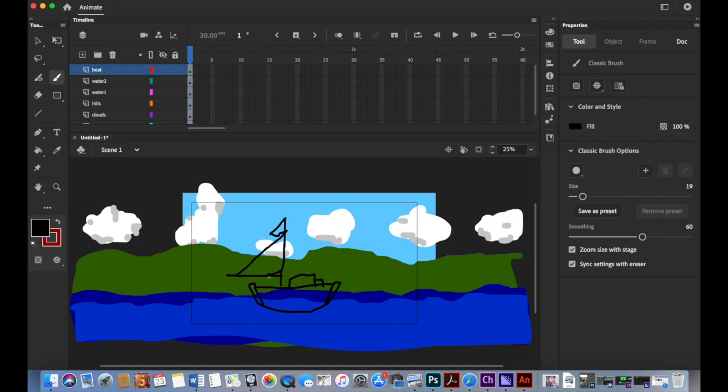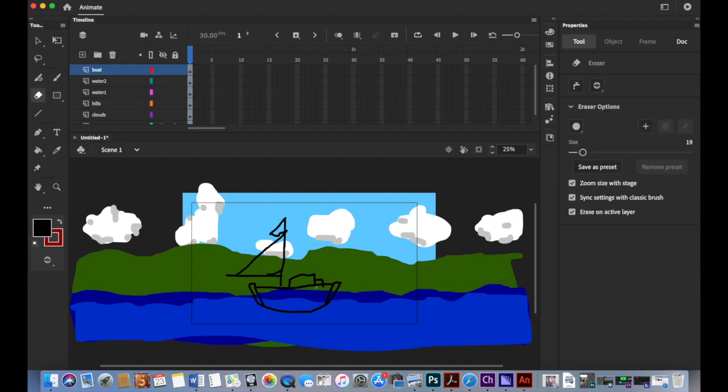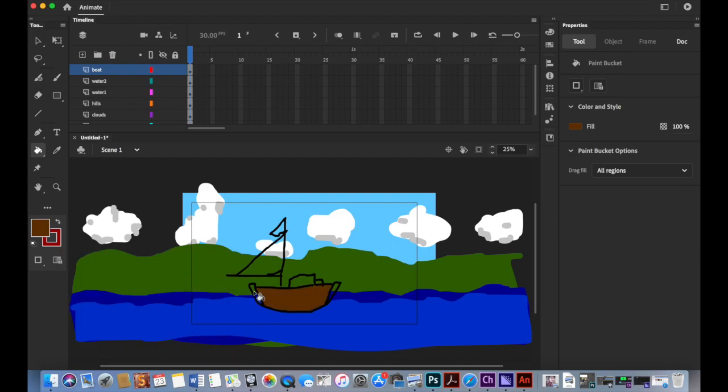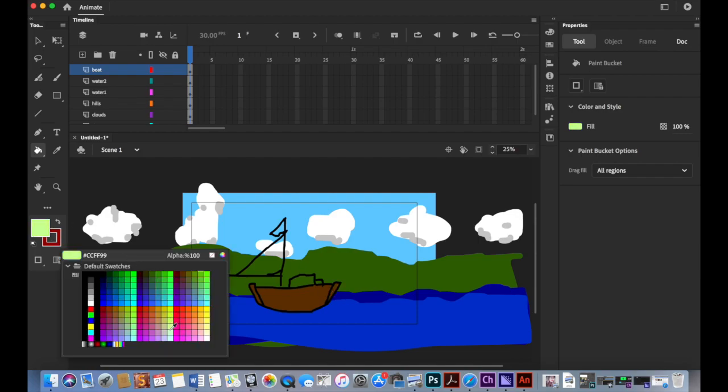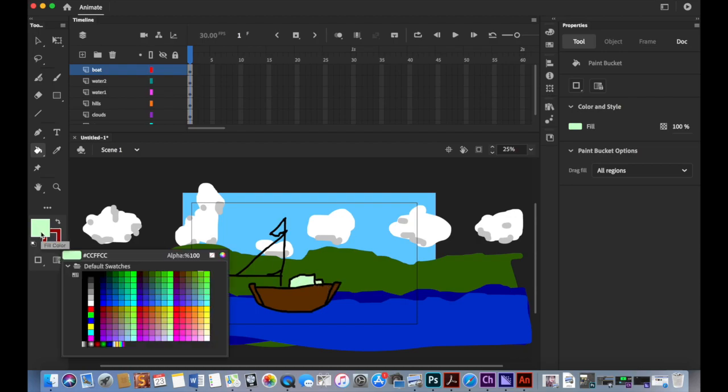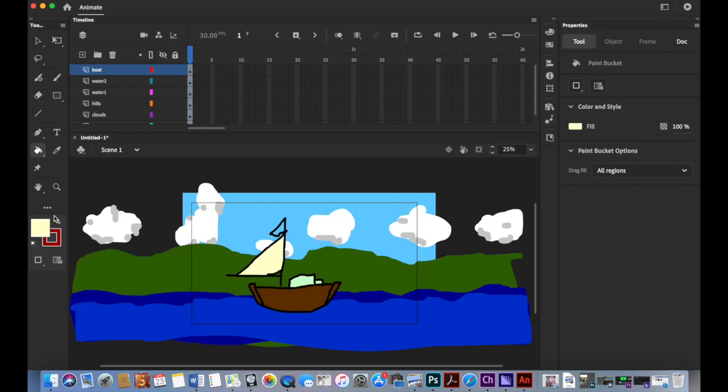And we're going to colour some of this in, just make sure that you've joined up all the lines. And you can go in and rub out the bits that you don't like. And I'm going to flood fill with a kind of browny colour, I think. There we go, nice sort of brown. Just fill in those, and I'm going to put a light green cabin, and maybe a light yellow for the sail. Should we have a red